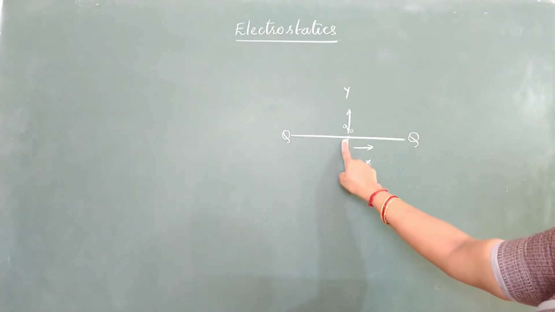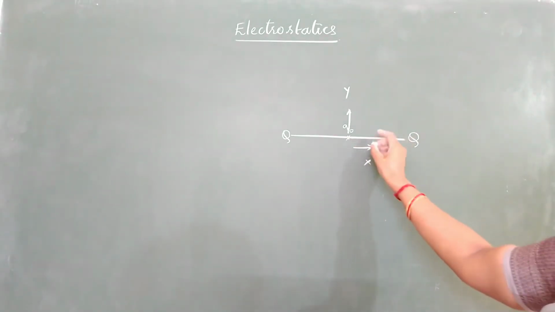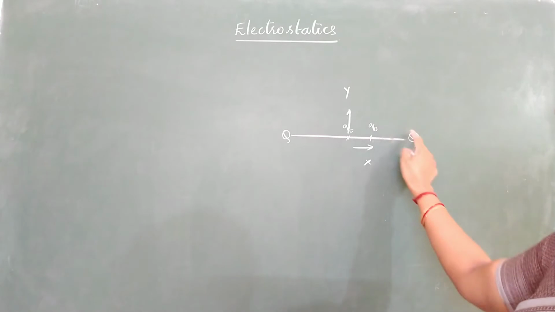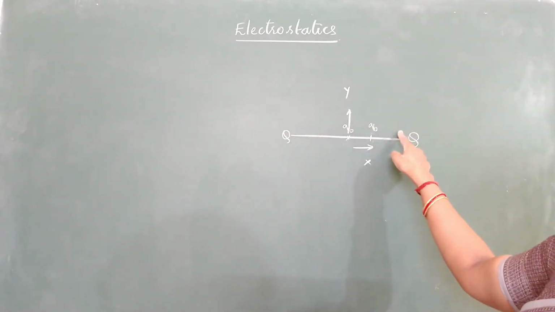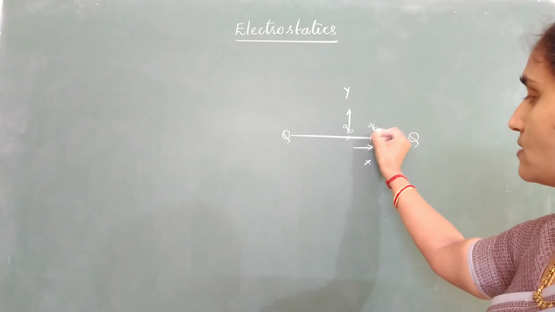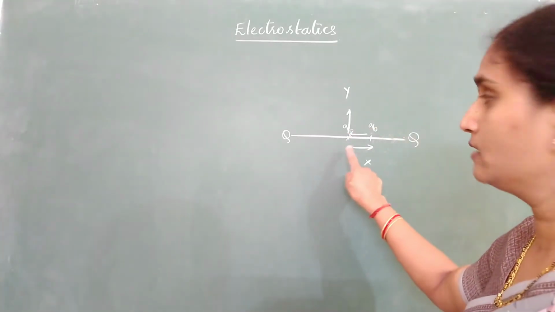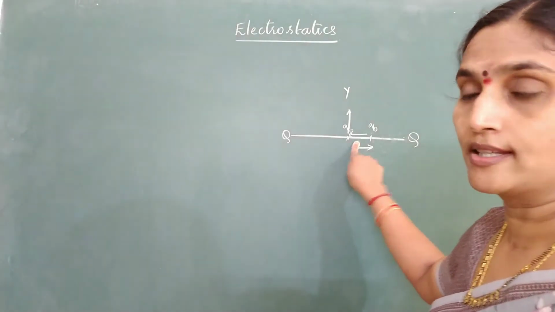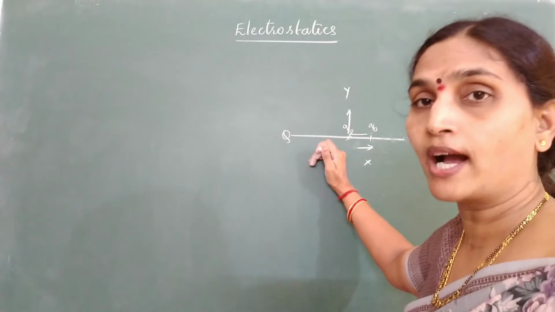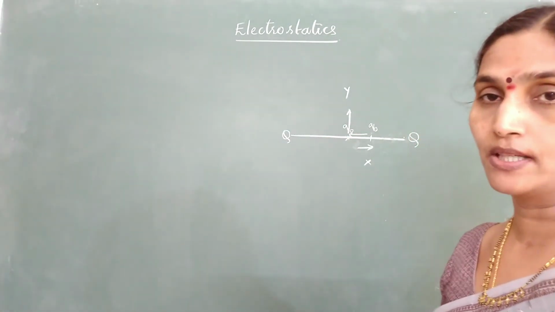Check out. If I displace q naught this side, there will be a large force of repulsion between q naught and q. This force will decrease and this force will increase. So is it repelled by capital Q and trying to come back? So what kind of equilibrium is it? Since it is coming back to the initial position, there is a force which is trying to bring it back to the initial position. We say that the equilibrium is stable.